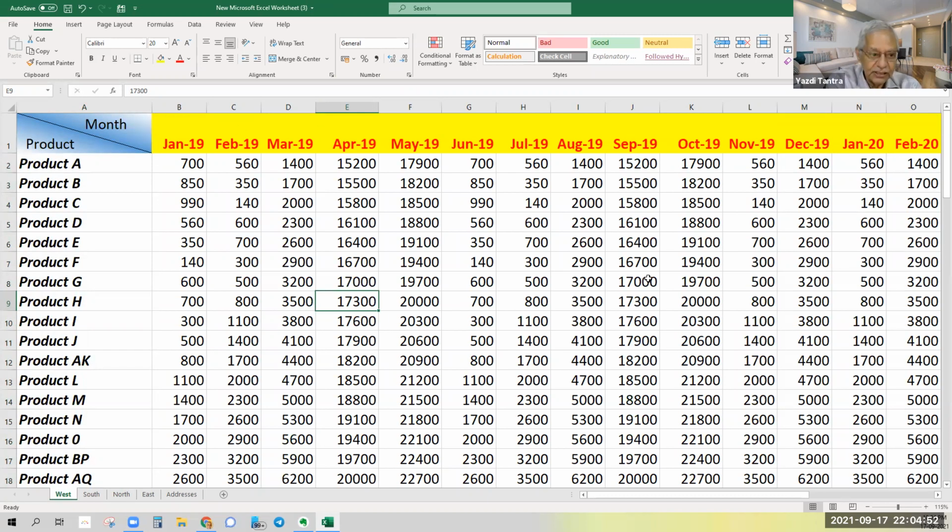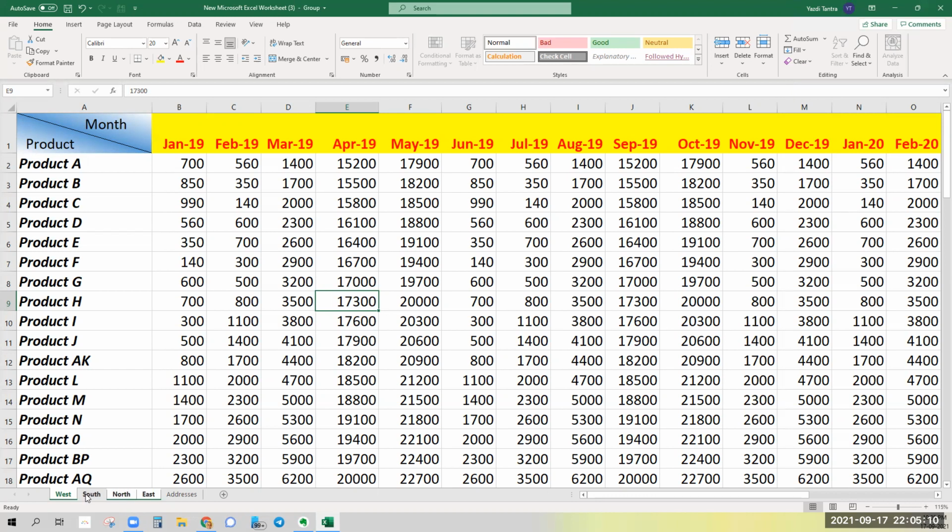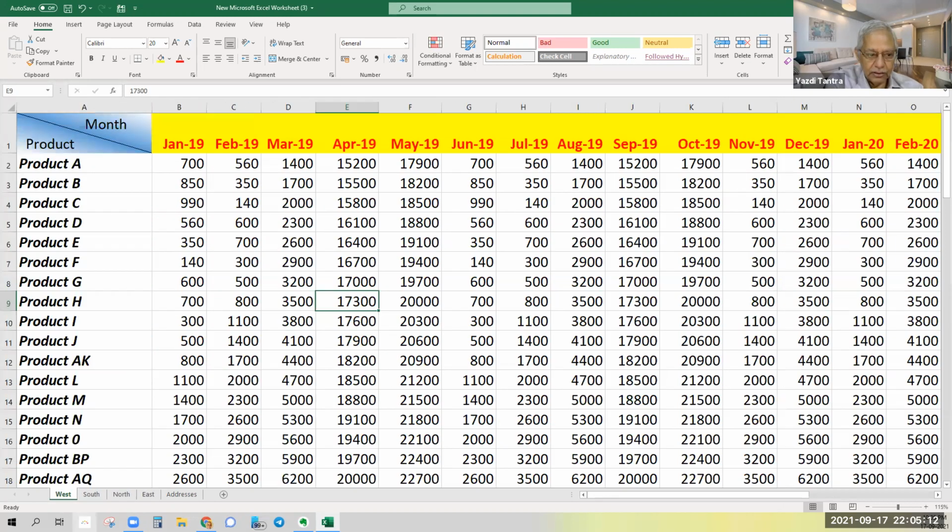Yes. Now, if I want to selectively do it, I want only the west and north to be done, then I don't press Shift, I press the Control key. West, north and east. Because it is not continuous, south will be missed out. But if I want all, then I just say west and then Shift and select all. You can see what is selected, right?